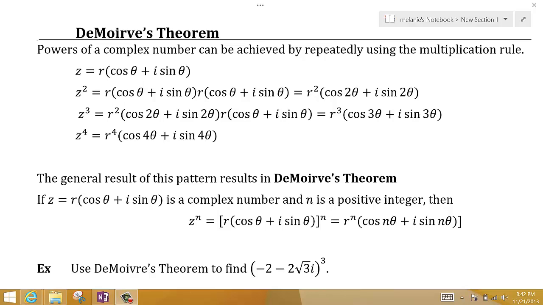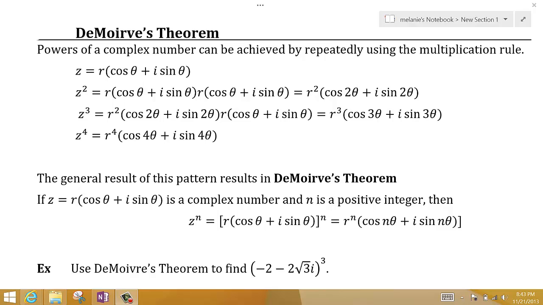We're going to talk about DeMoivre's theorem. Powers of a complex number can be achieved by repeatedly using the multiplication rule. Do you remember what the multiplication rule was? That's where if we multiply two complex numbers written in this trigonometric form, then we multiply their moduli and we